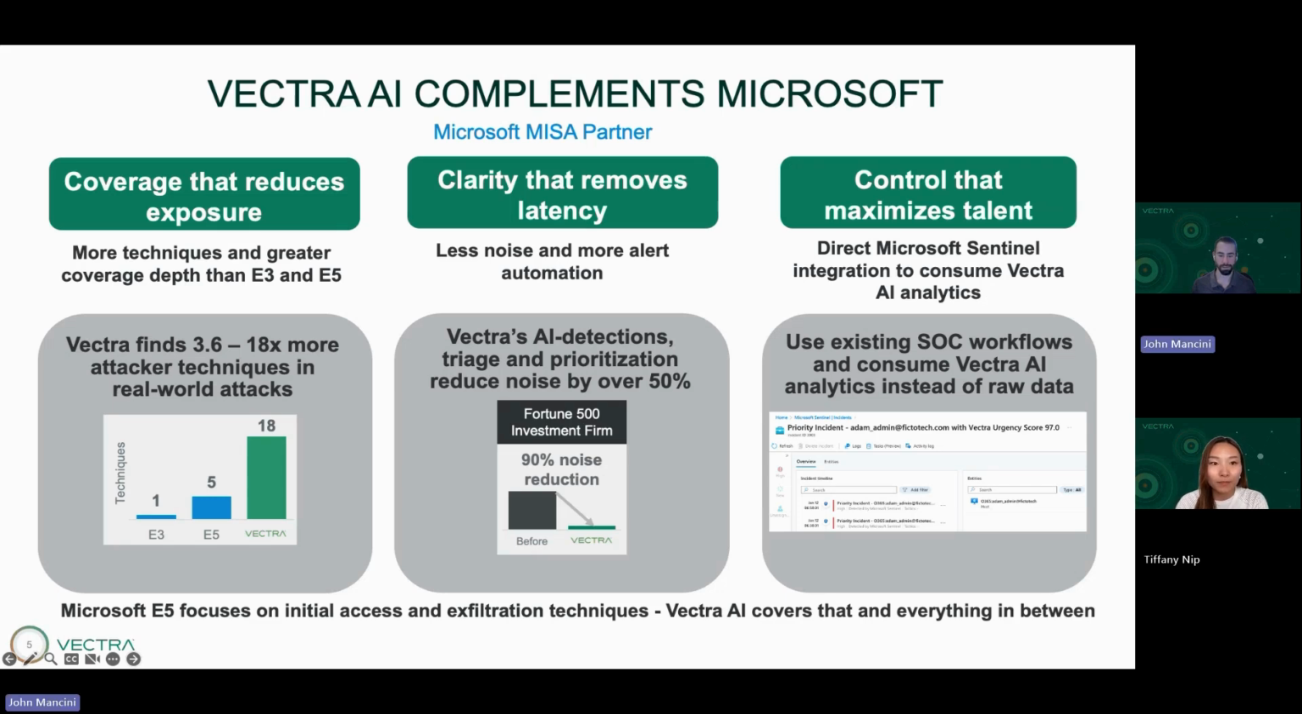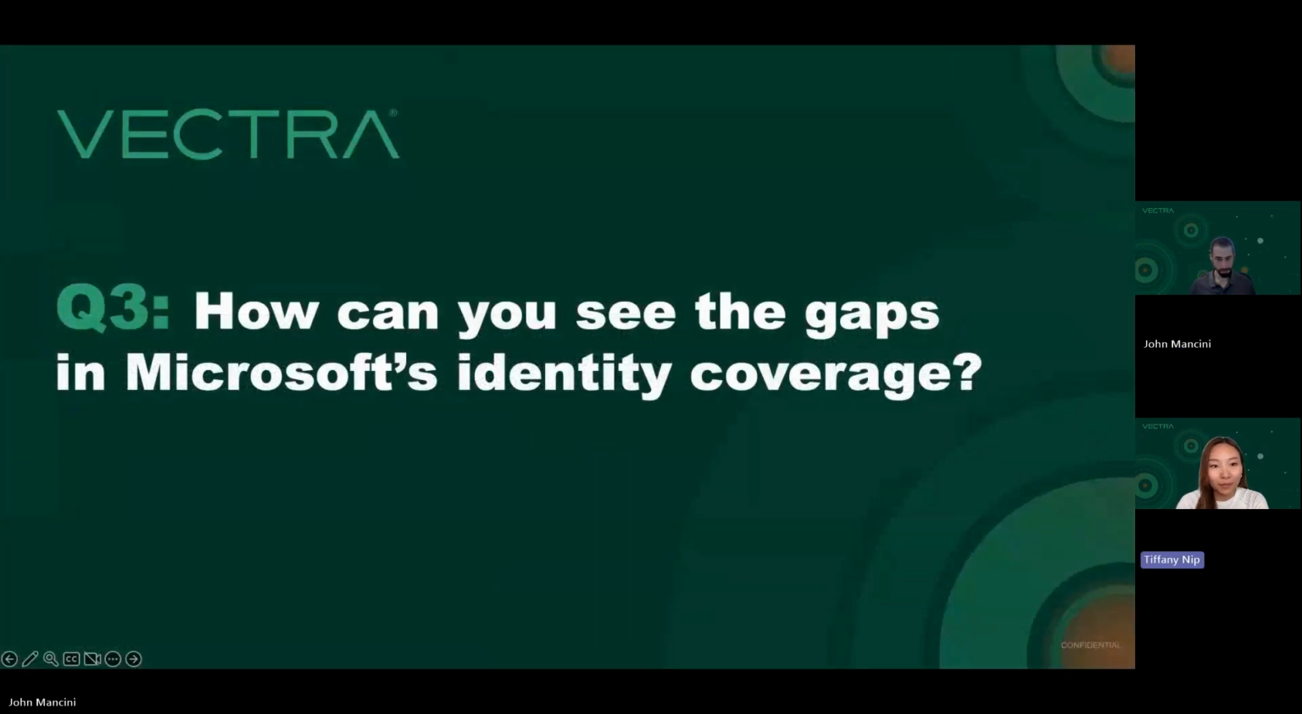Yeah, the value: no need to tune rules in Vectra because AI is what's driving the coverage. So no need to write rules or manage that. That's all done automatically by Vectra's AI, but really by Vectra's engineering and research teams that are optimizing those detections. Yeah, makes sense. So next question is then how can you actually see the gap in the Microsoft identity